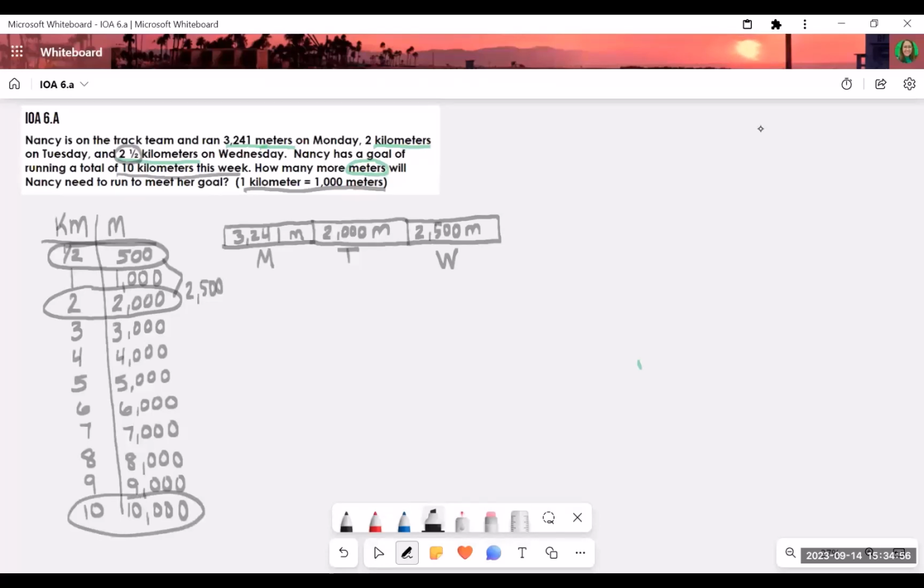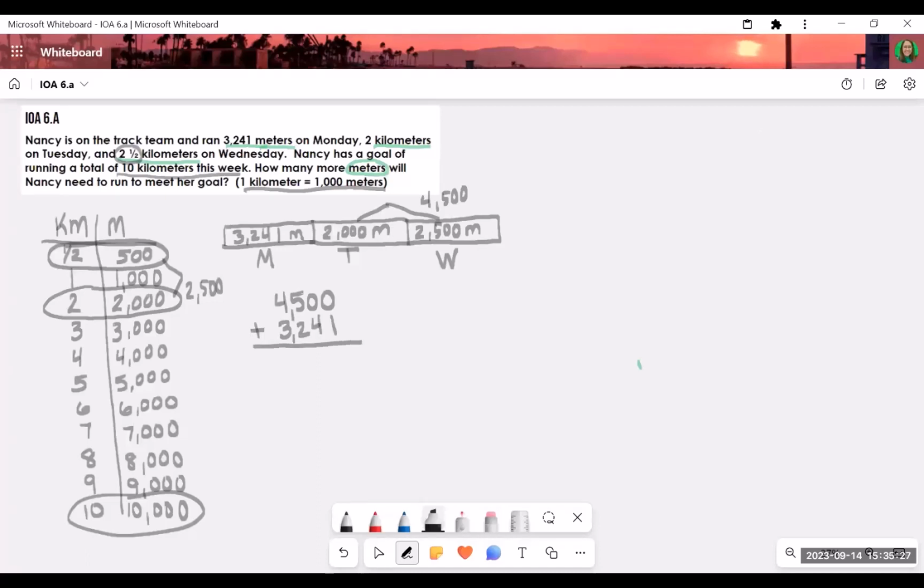So let's go ahead and add these up. Oh, and you know what? These two I can add up mentally in my head. I know that 2,000 more than 2,500 is going to be 4,500. So that will save me a step with my addition there. I can do that mentally. So 4,500 plus